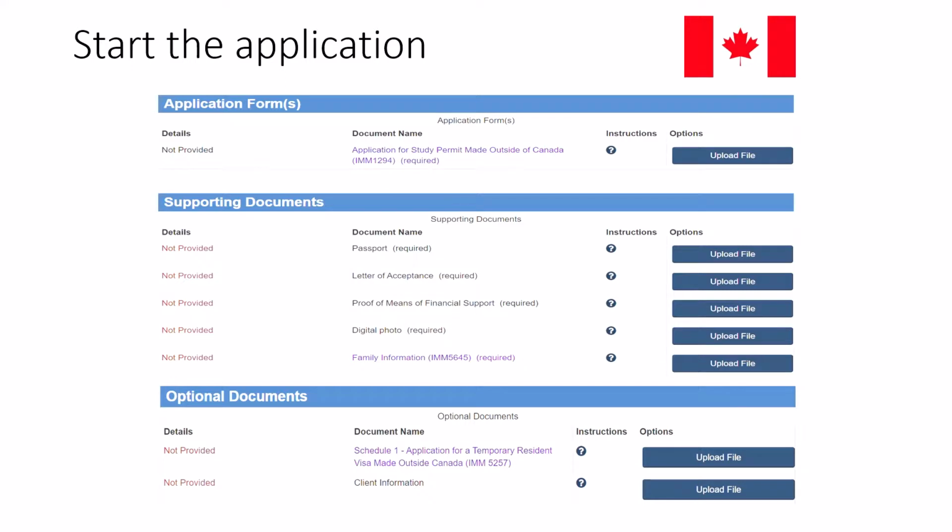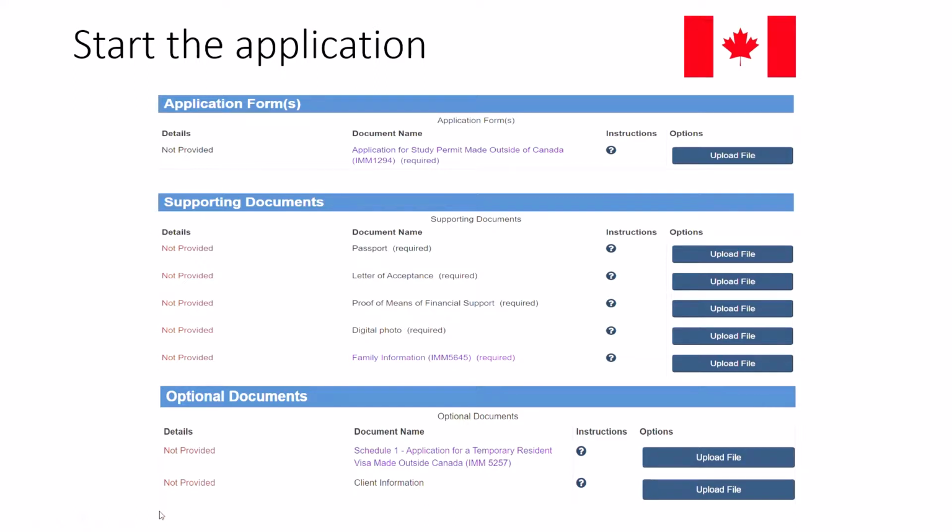So there is an optional document option, client information. Under client information, I uploaded an LOE, letter of explanation for the visa officer, and I gave all the reasons why I want to come to Canada. And even if you have missed something in this application, in that case you can upload that document as well. Okay, so if you observe one thing while filing this application, it nowhere asks my IELTS score.